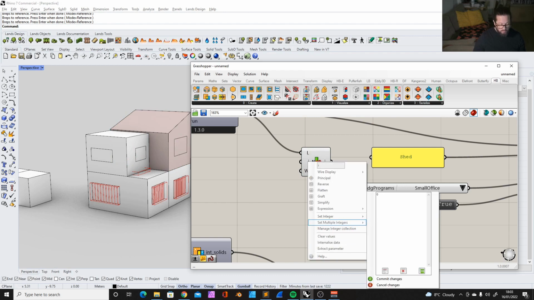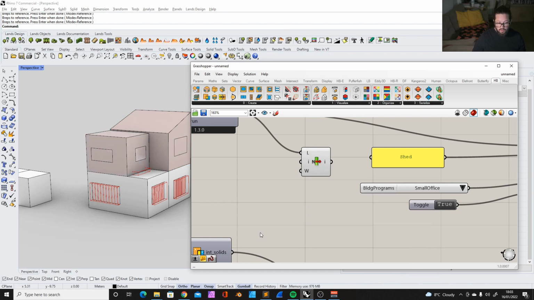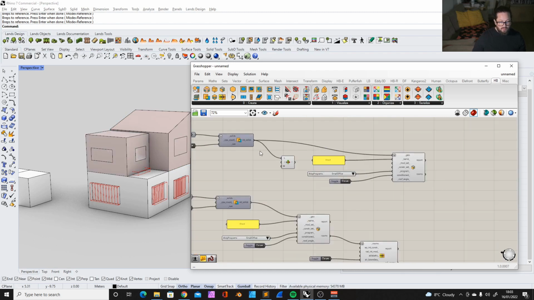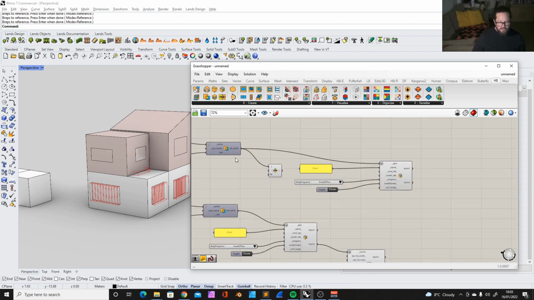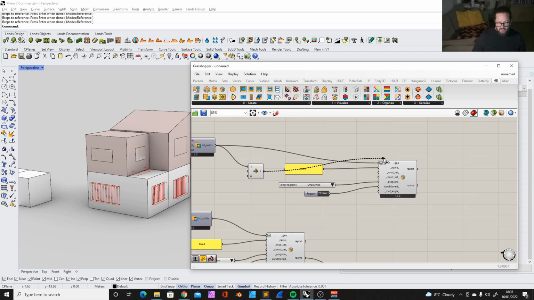One is 0 and one is 1. Let's check how that works. Yes. So we solve the adjacency. We solve the intersection. So we can go in here